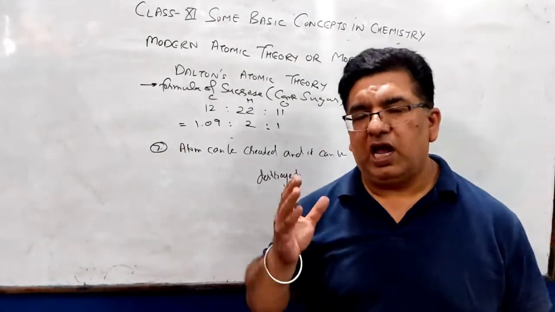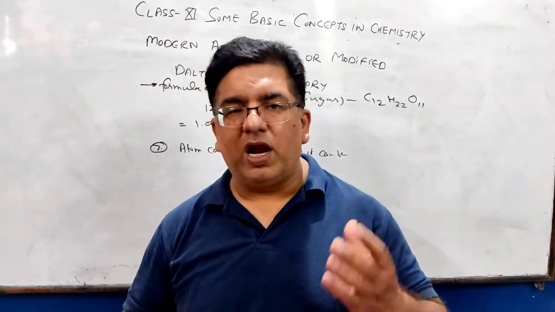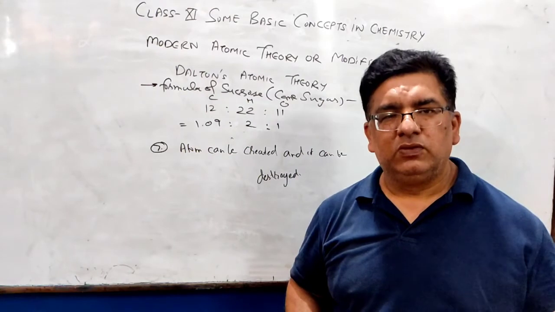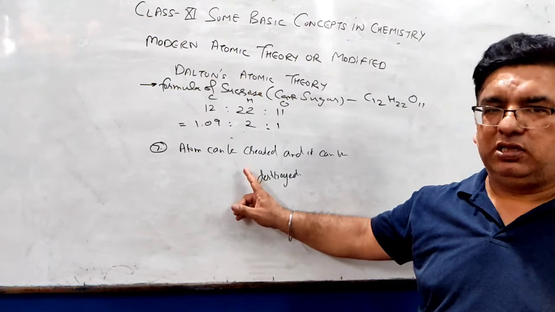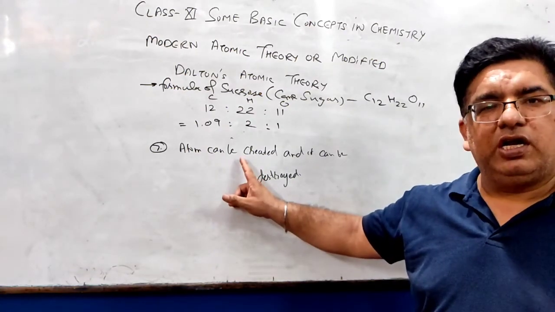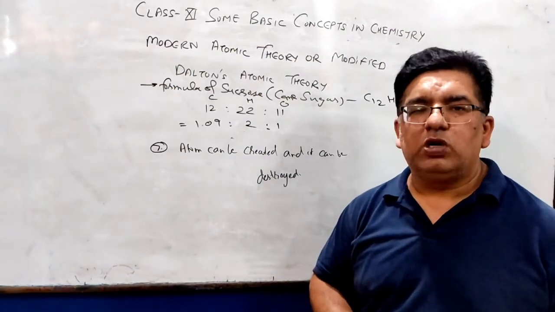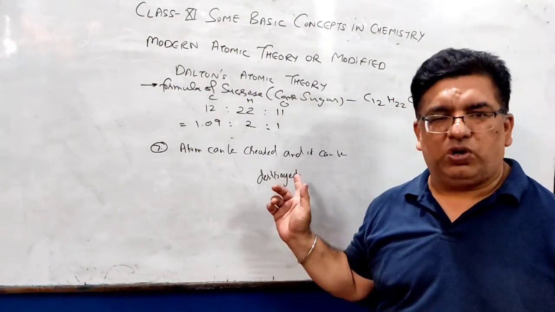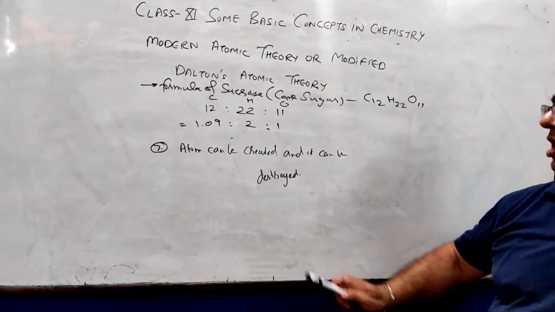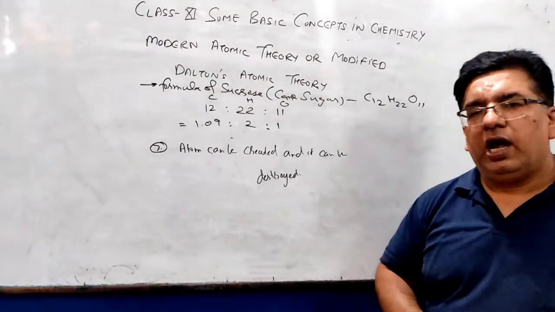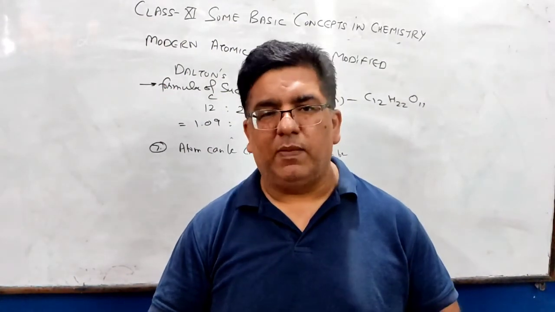In nuclear fission, a heavy nucleus breaks into the smaller nucleus, and in the nuclear fusion, smaller nucleus combine to form bigger nucleus. It means atoms can be created. Whenever nucleus will combine, then a new atom will form. Atoms can be created and atoms can be destroyed. Whenever nuclear fission takes place, then heavy nucleus will break up into smaller and the atoms can be destroyed. So according to this modified Dalton's atomic theory, atoms can be created and it can be destroyed, and it can also be studied in the radioactivity experiment of formation of alpha rays, beta rays, gamma rays, etc.